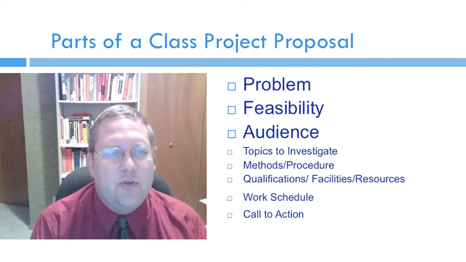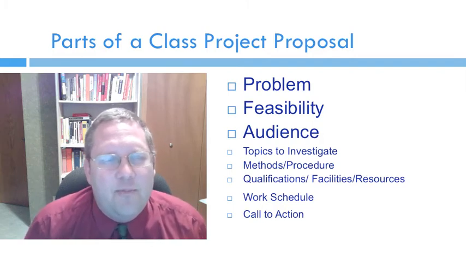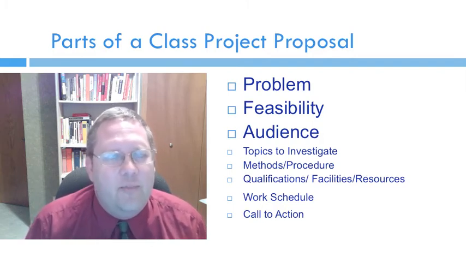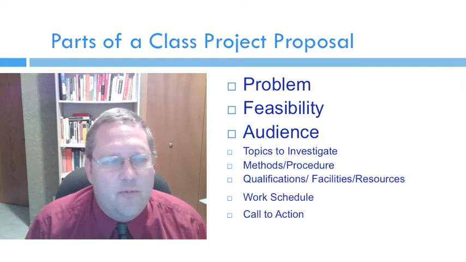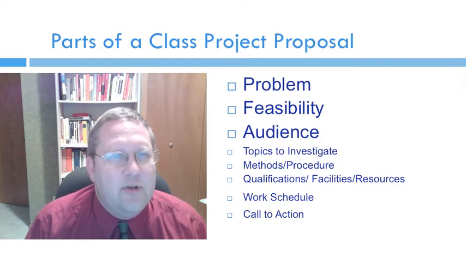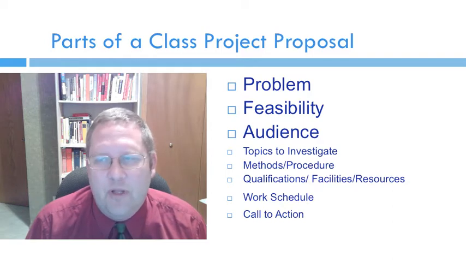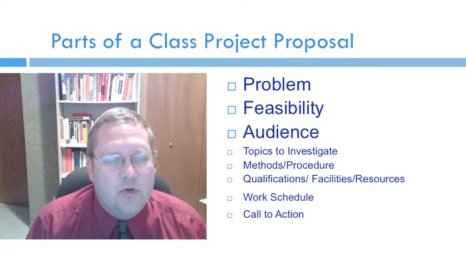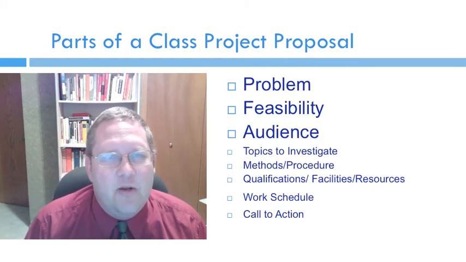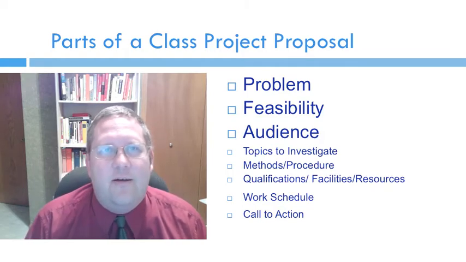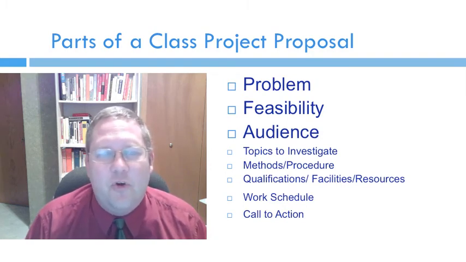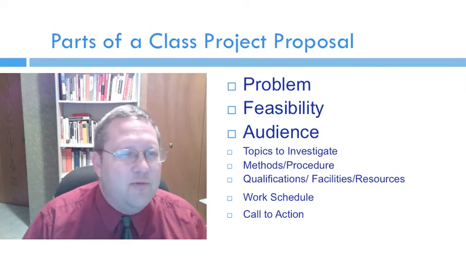First, you've got to make sure that you identify a problem or an issue that is worth writing about, that is worth the major proposal. You need to make sure that what you propose is feasible, and you need to make sure that you've considered the audience that you're going to be writing to. Let's look at Professor Flagbag here as he demonstrates with a student what can happen if you don't meet these 3 criteria before you even begin.